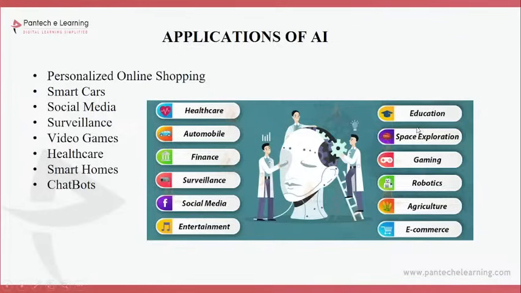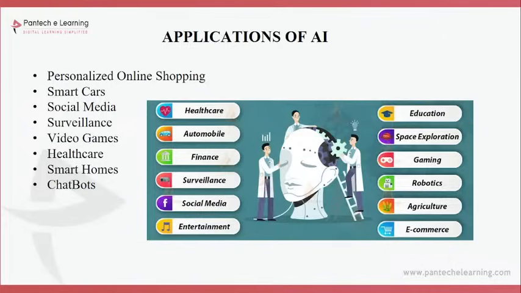And then education. In education, ChatGPT is also one example. You can search and learn. Many colleges are maintaining separate applications for their students, having some AI part in them, giving chatbots and GPT models in the application itself. And space exploration. In space we are using AI technology to identify the moisture level, process something, and make a decision there itself.